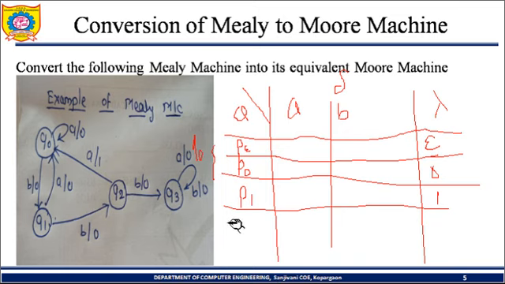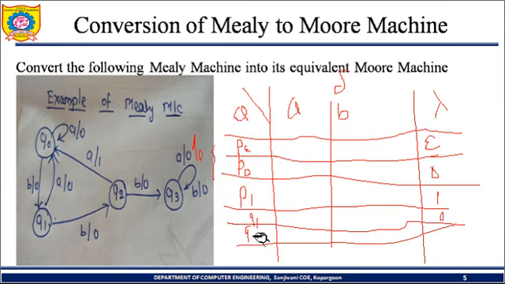Okay, now next one, we keep Q1 as it is, because no different output is generated, so Q1 with 0 output state. After that Q2 with 0 output state. Why? Because there is only one incoming edge, and 0 output, so this is a 0 output state. And last one Q3: there are 3 incoming edges, but output is only one, that is 0. Q3 to Q3 on input A output 0, Q3 to Q2 on B output 0, and Q2 to Q3 on B output is 0. So for Q3 it will be 0.